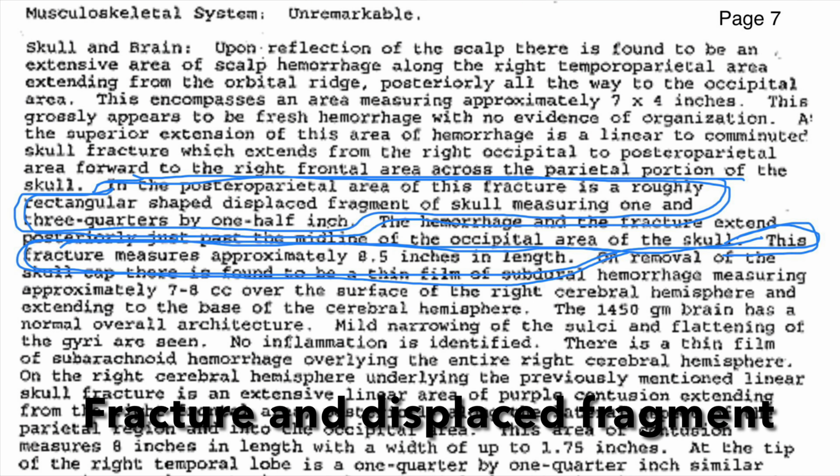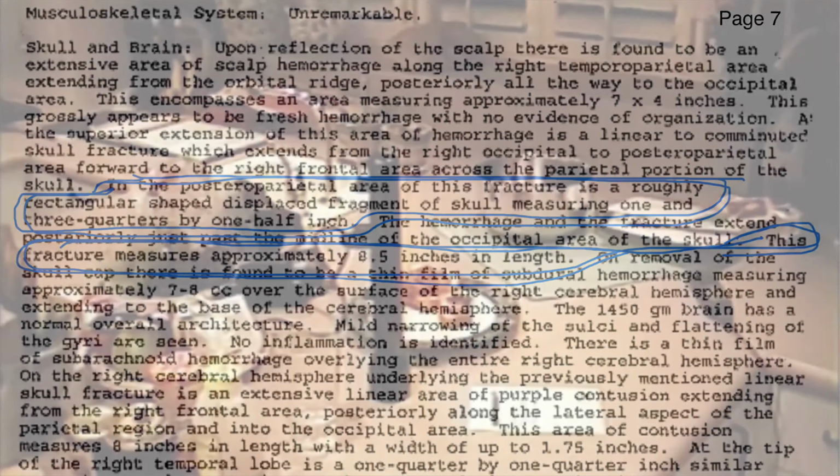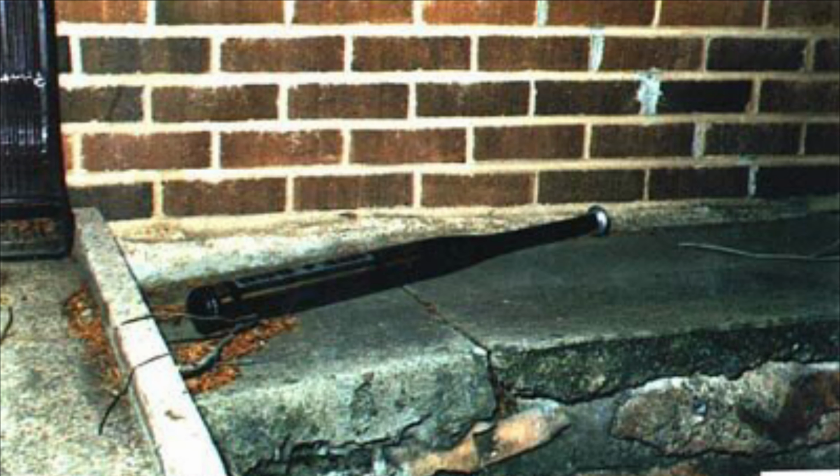Here I want to point out two things. The displacement fragment of the skull measuring 1 3/4 by 1/2 inch, and the fracture measures approximately 8.5 inches in length. The strike to JonBenet's head had to be massive, and so I don't believe it was the Maglite flashlight or the baseball bat that was found outside,